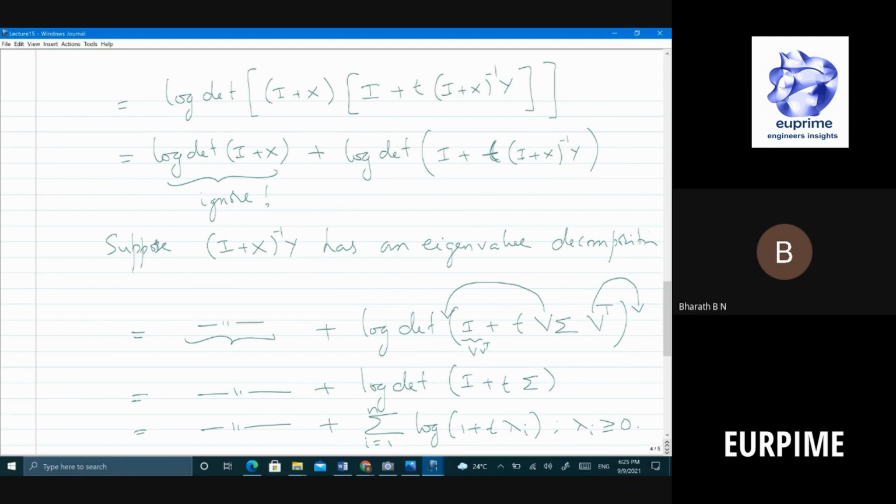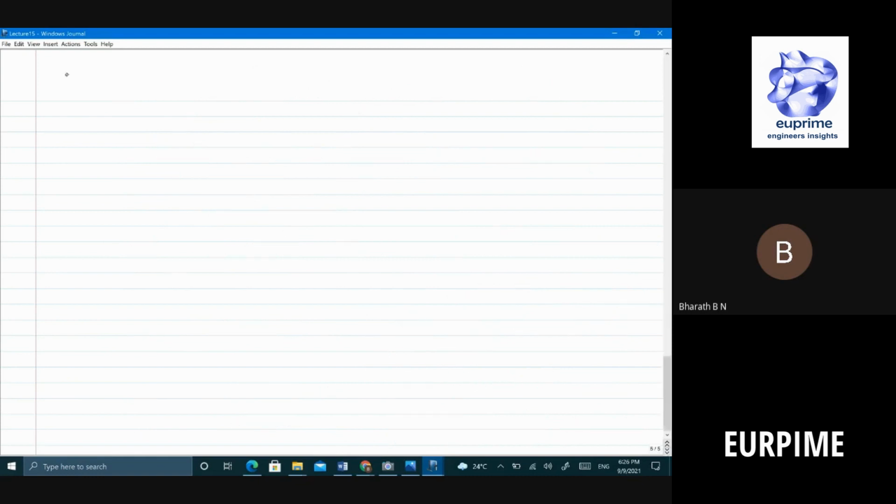So what is log of 1 plus t lambda_i? Concave. So that means for each i, this function is concave. If f1 is convex and f2 is convex, what can you say about f1 plus f2? Convex, right? Why is that? Is that true? Did we verify that? No? Okay, let's verify that. So if f1 and f2, or for a change I'll say concave, then f1 plus f2 is also concave. I want you to verify. It's a trivial exercise, but